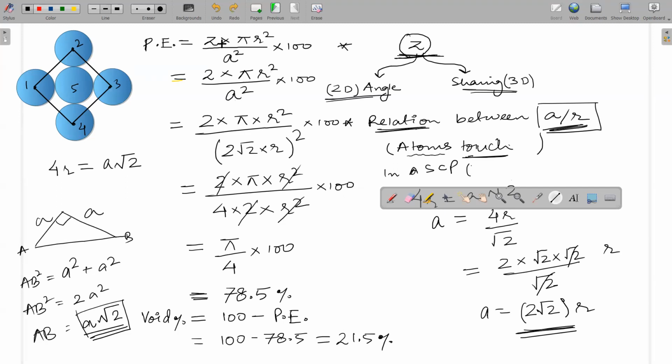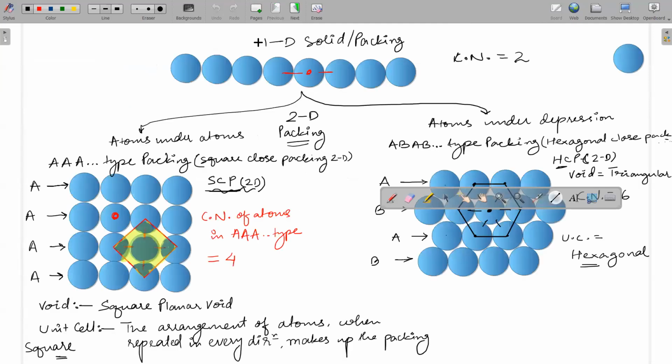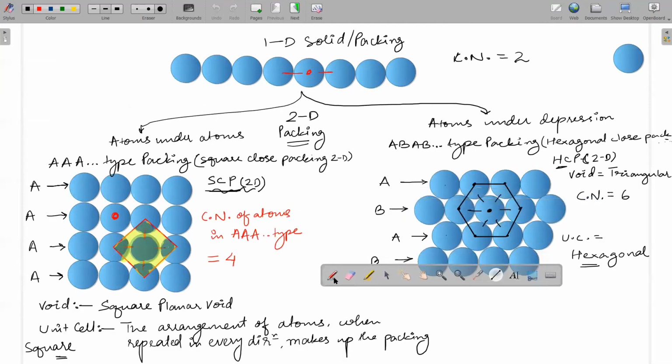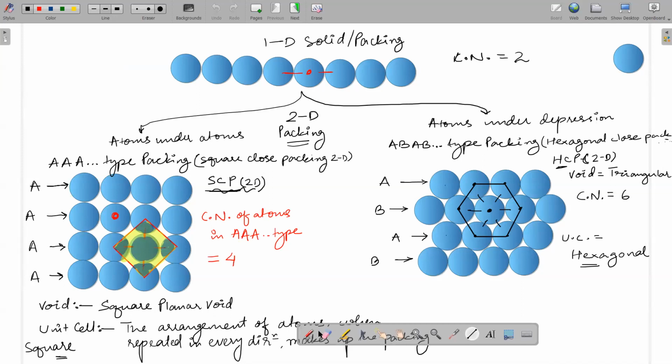Okay, let us see here, Mariam. Now, what about this one? This is A. This is R. Can you tell me what the relationship between A and R will be? A is equal to 2 times R. Easy. Okay, got it.